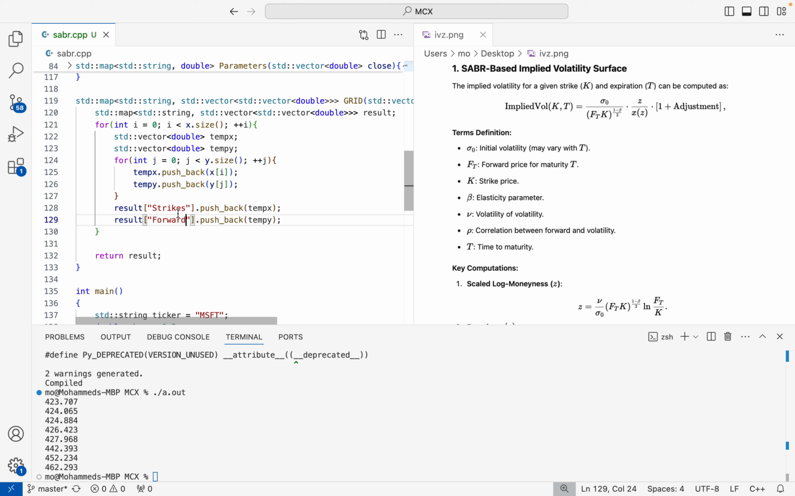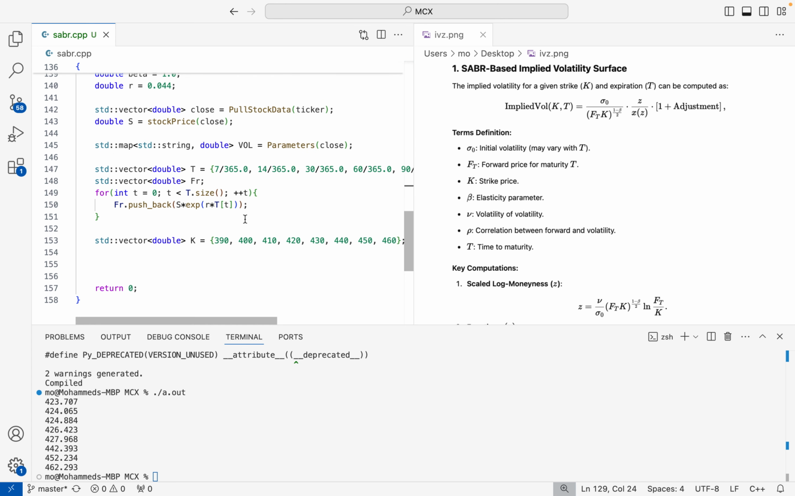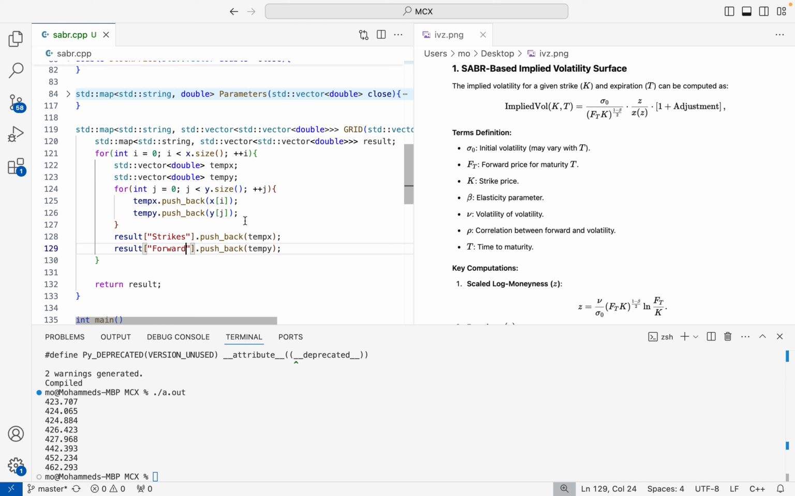Well actually, I'm trying to think. Maybe I should do the actual vol surface in this. Yeah, why not? I mean, we're already here. Okay, so instead of calling this grid, I'm just going to call it SABR. So now that we have this,